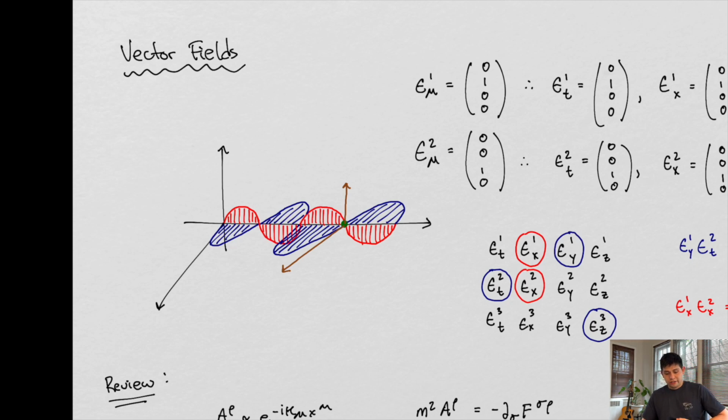Simply put, a vector field is something that is a vector at every point in space and time, right? Now, how do we construct a vector at every point in space and time? That's a pretty simple question to ask. It's also pretty